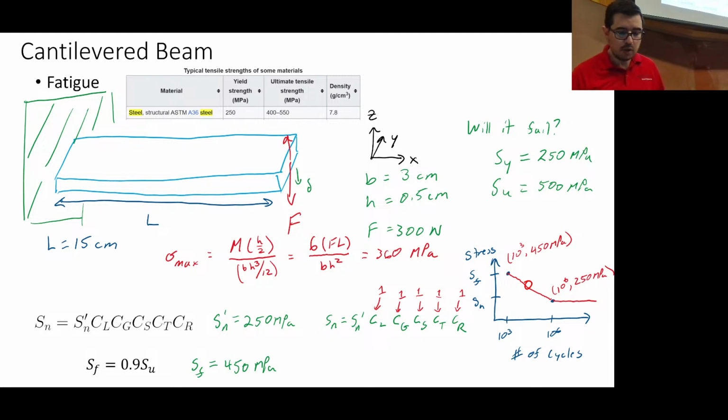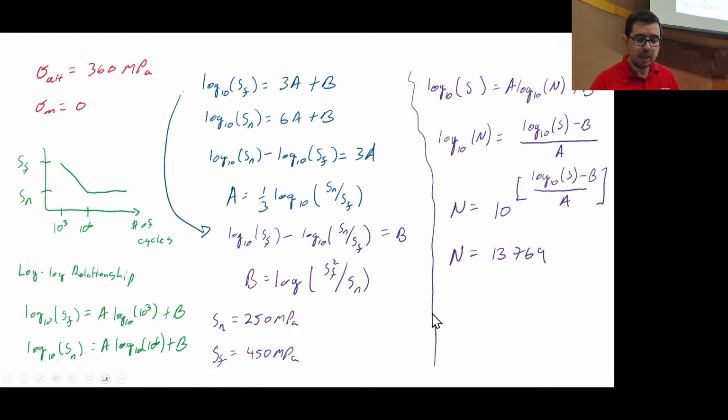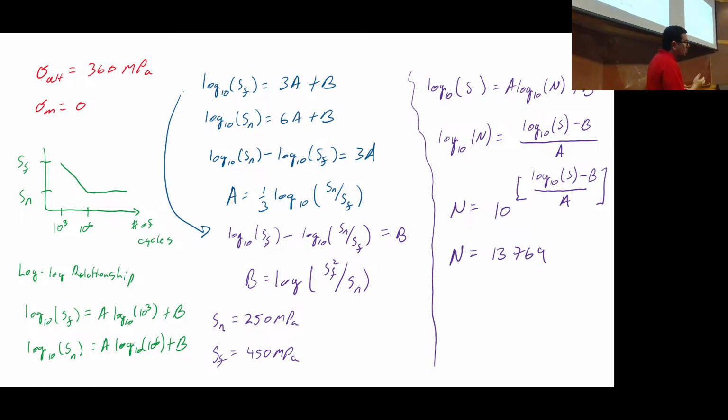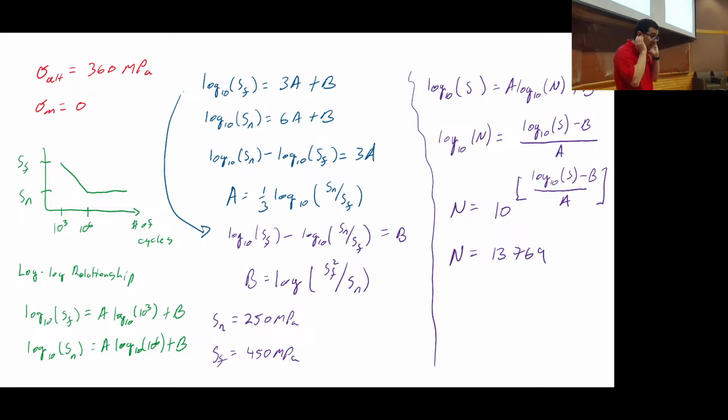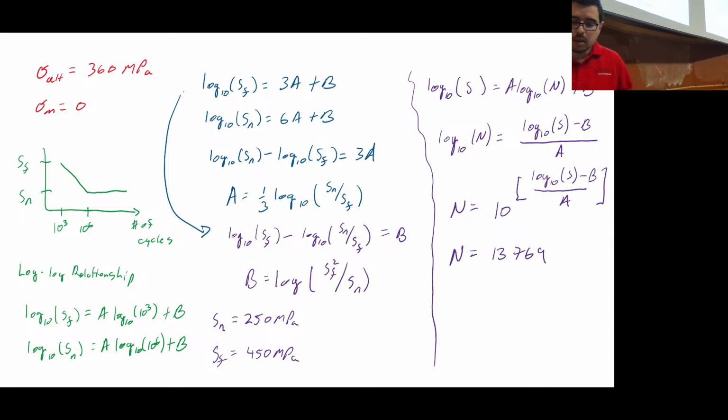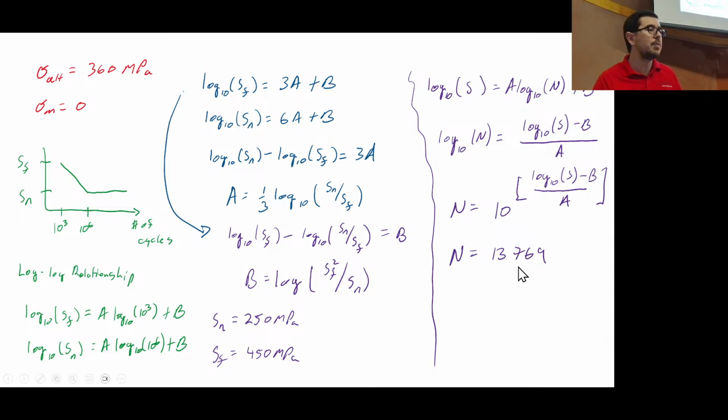Okay, and so if you do the calculation out, what you'll see is that the life of this system, okay, and this is not assuming there's any stress concentration really involved here, right? And ANSYS can be having that stress concentration, all right? So like if we think a little bit away from the critical hotspots, we expect that this thing should last about 14,000 cycles, okay? So let's go ahead and do it real quickly,